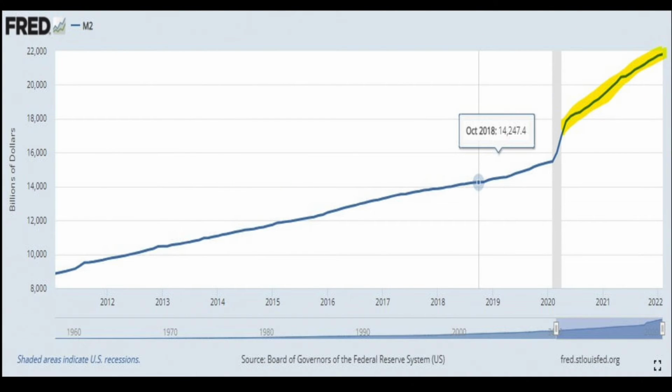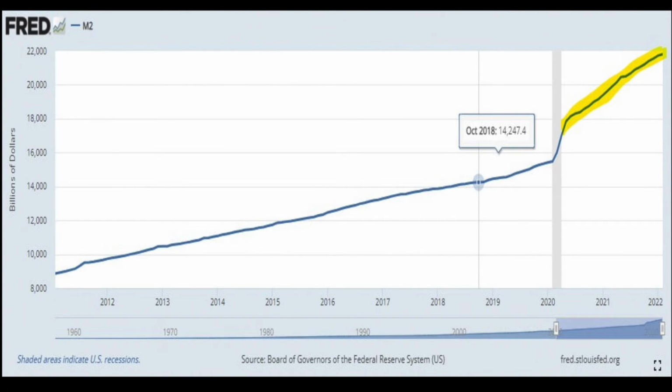Okay, if we look at this next chart here, this is looking at M2. And just to give you a sense, M2 and M1 are really looking at liquid cash in the economy, your savings account, your checking account. M2 is a little bit broader than M1, but either way, they're reflecting the liquid money supply in the system. Again, you can see the thick shaded vertical line, which is reflecting the period under which we were hit with the coronavirus. And then the yellow portion is thereafter the continued slope of the line.